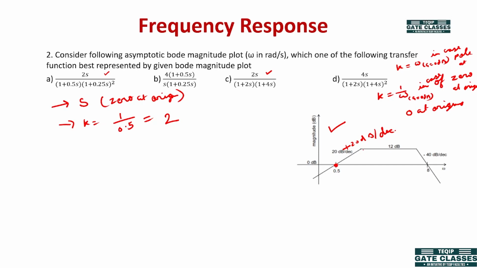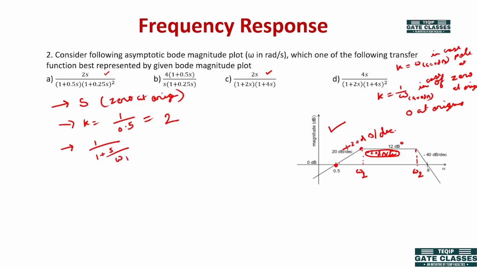So let's analyze one more thing. At this point, this is the cutoff frequency where slope is changing, let us say omega 1. And at this point again the slope is changing, let us say the cutoff frequency is omega 2. So at this point the slope is adding minus 20 dB per decade. So the total slope is here 0 dB per decade. Initially it was plus 20 dB, now it is 0 dB. So we are adding a pole of first order. Okay, so we have a pole at omega 1, that is 1 upon 1 plus s upon omega 1.